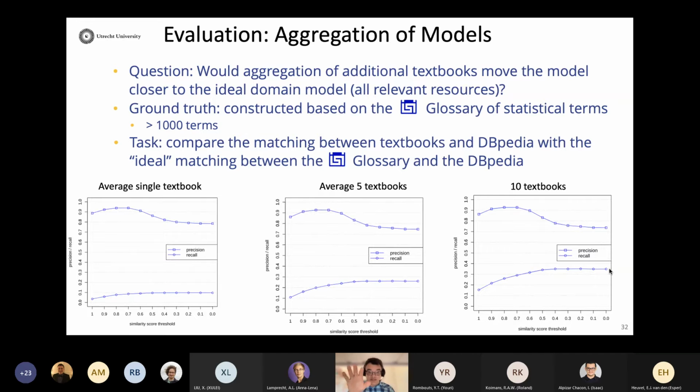And by the way, in this particular case, the target set of manually created resources was done based on this ISI glossary, which is the biggest curated glossary of statistical terms in the world, and it's curated by the International Statistical Institute, which is basically the standard organization in statistics. So I'm pretty sure that whatever resource is in this glossary is a statistical resource.